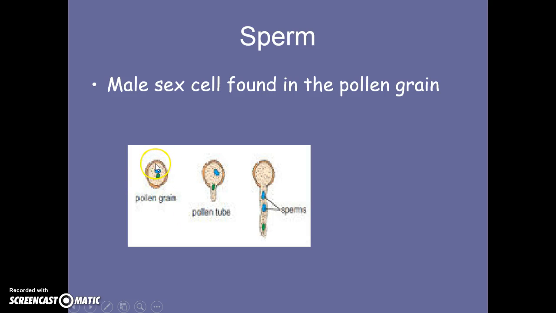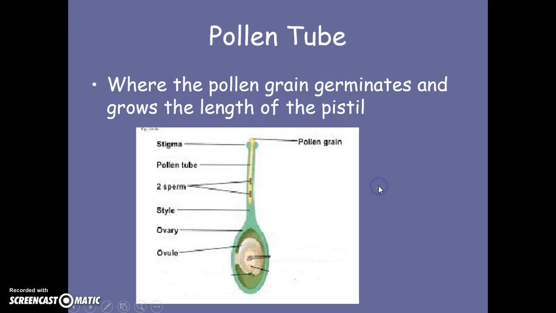So I've kind of made this bigger so it's fuzzy, but here's your pollen grain, and inside you have a sperm that will grow a pollen tube, and the sperm will travel down it. What is a pollen tube? A pollen tube is where the pollen grain germinates and grows the length of the pistil. So you have the pollen grain that lands on the stigma, and there's